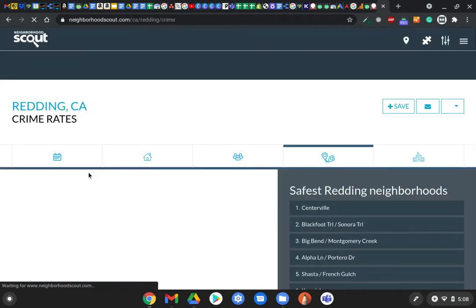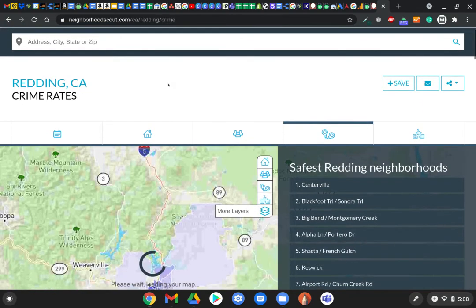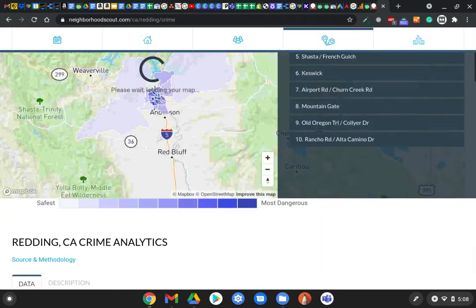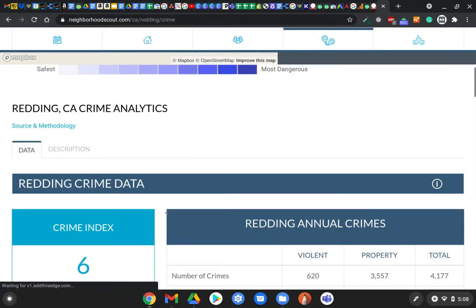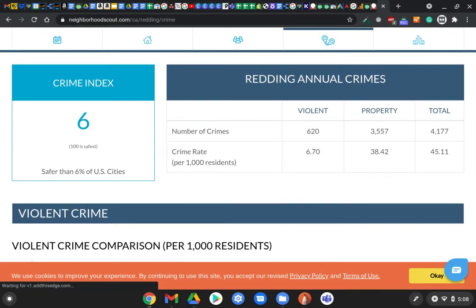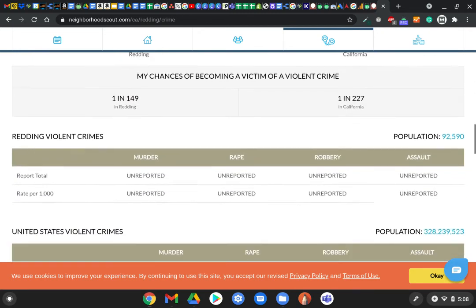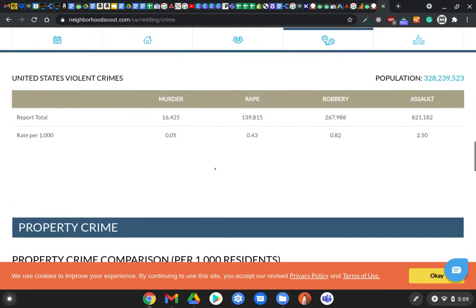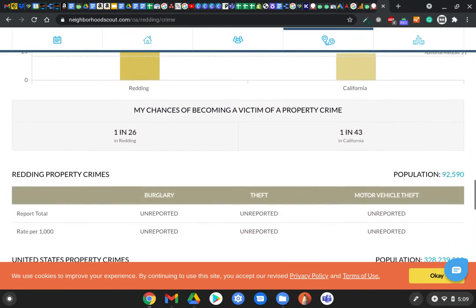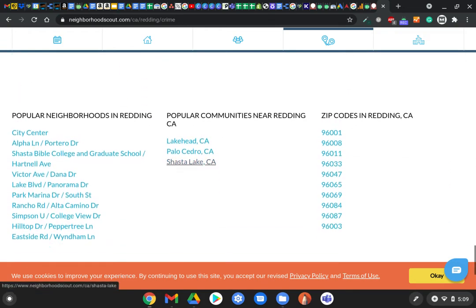Neighborhoodscout.com. I think this is the one I just mentioned. One of them, anyways. Crime index. We are safer than 6% of U.S. cities. Okay. And I think we did some research and found that they pulled most of their data from